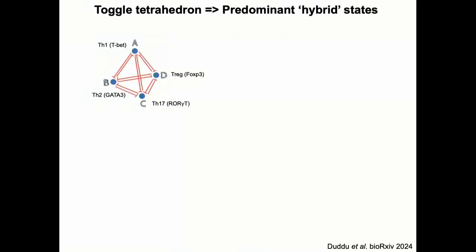Okay, last experiment, last network before we close. 4 molecules inhibiting each other. What do you think is going to happen? There are now 16 possible states, 2 to the power 4, right? One state is all low, one state is all high. 4 states are single positive, 4 states are triple positive, and 6 states are double positive, right? It's a completely symmetric system again, and there is an example for this in T cell differentiation.